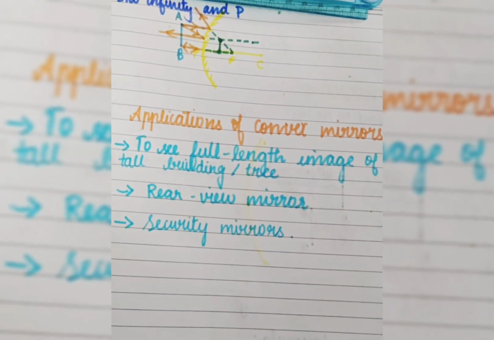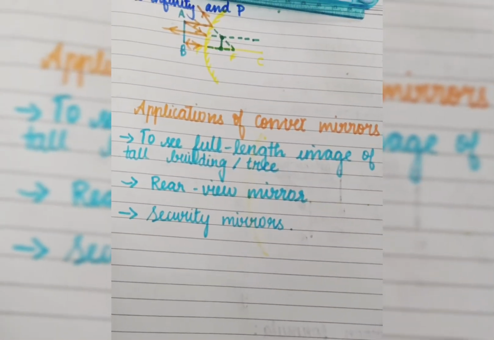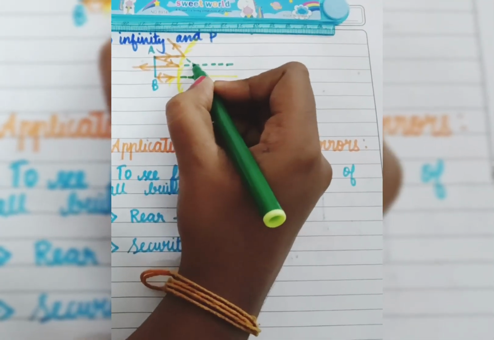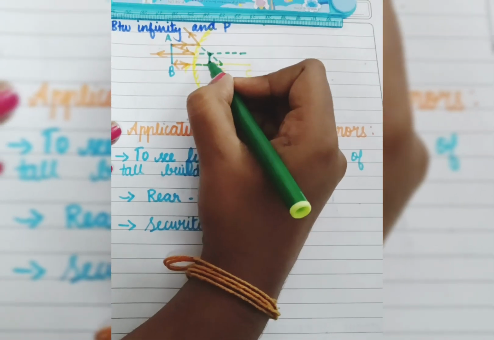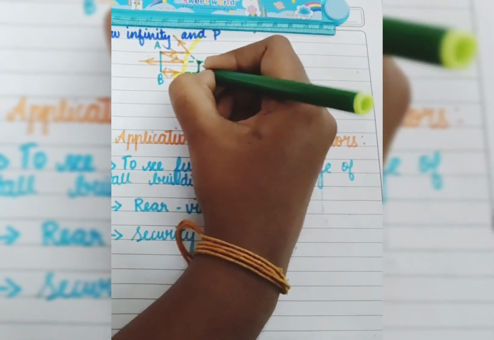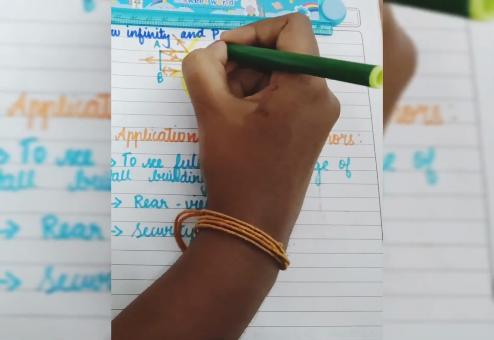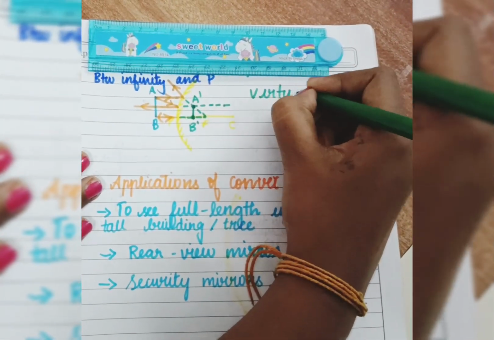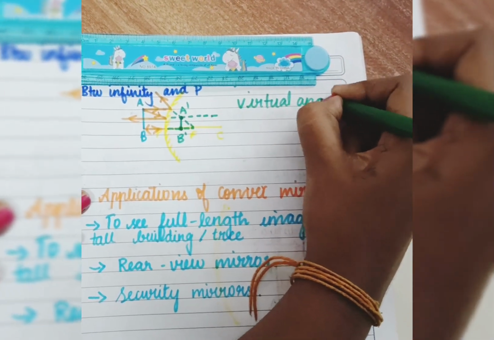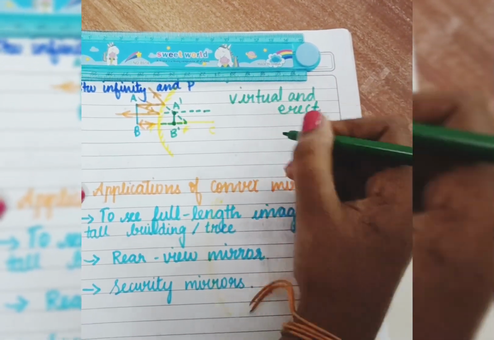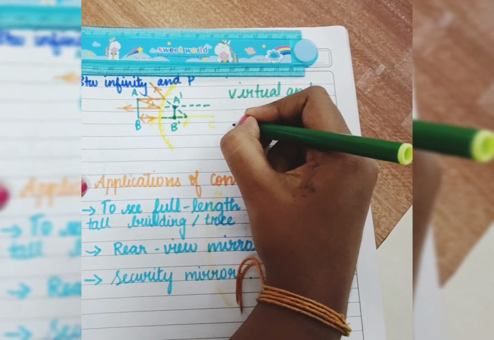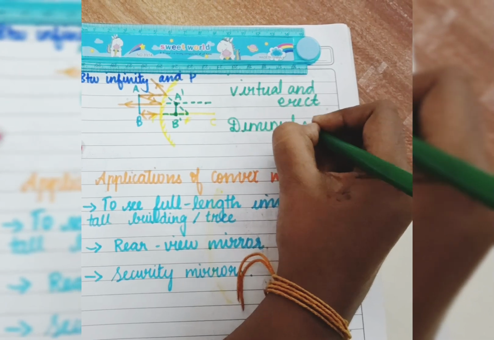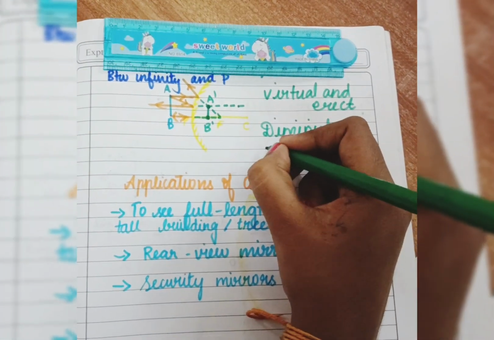Can you observe? The image is formed between focus and pole, because the reflected rays of A is here and the reflected ray of B is here. When we join those two, we are getting the image here. So it is A dash and B dash. It is also a virtual and erect image. The image size is smaller than the object size. That is why we write it as diminished image. And it is formed between